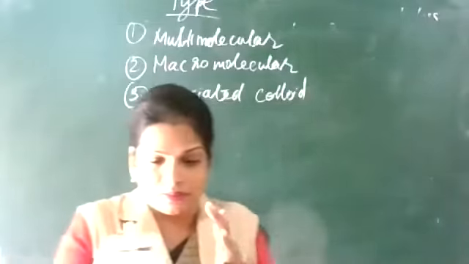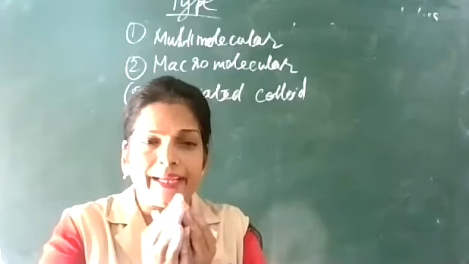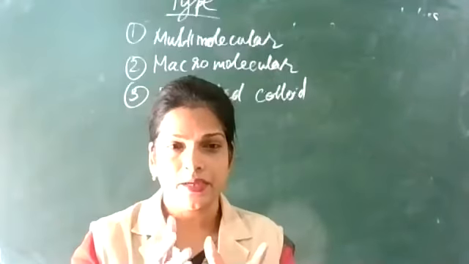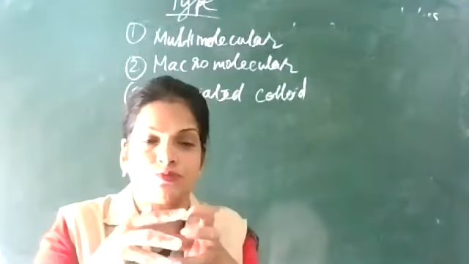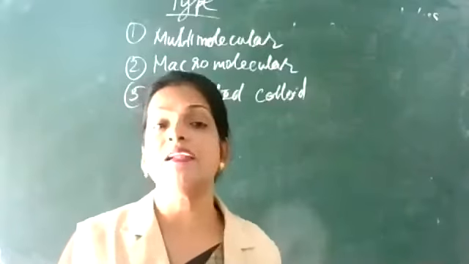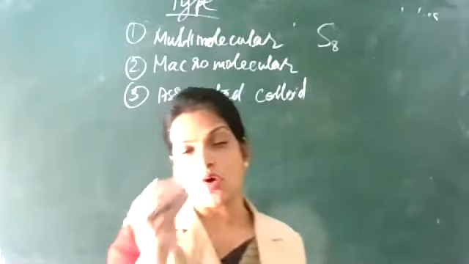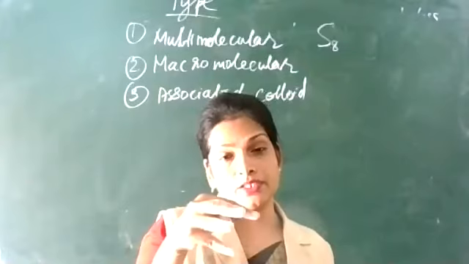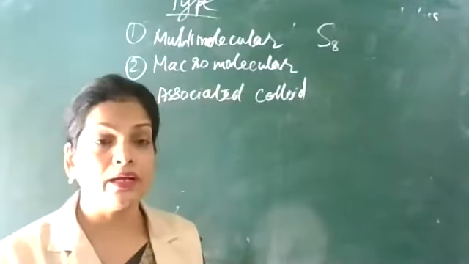In multimolecular colloid, molecules get closer to each other, and when small molecules come close to each other, they aggregate, and that particle is having the size of the colloidal range. For example, on dissolution, sulfur atoms, 8 sulfur atoms come together to form a bigger molecule, S8, which is having the size of the colloidal range. We call it sulfur sol or S8. It has eight atoms. So on dissolution, small atoms or molecules aggregate together to have size in the colloidal range. Example, sulfur sol, that is multimolecular colloid.